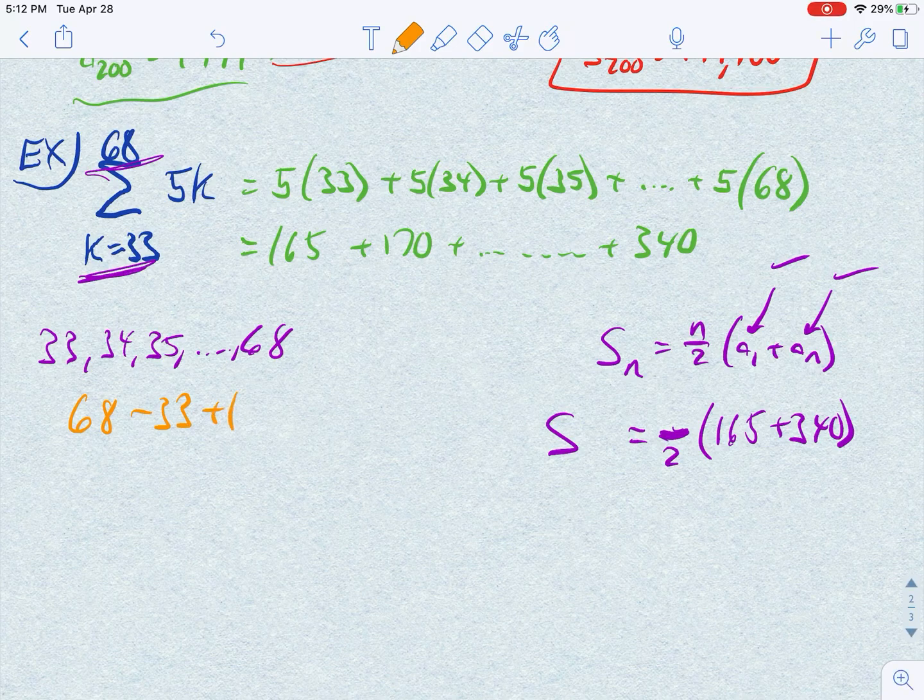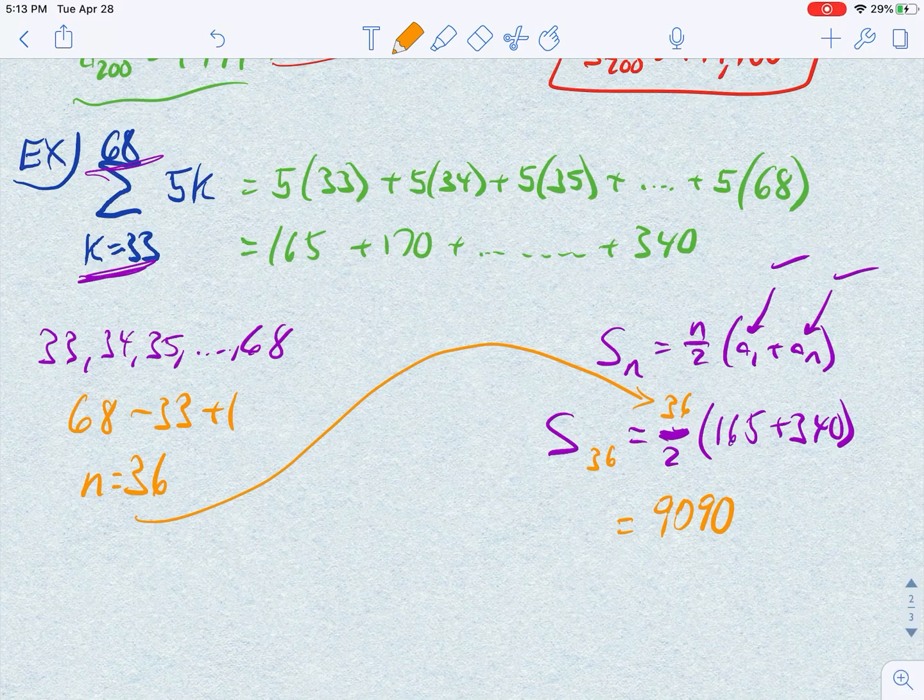Well, you started with a 33 being plugged in, then a 68. So really, I'm plugging in 33, then I'm plugging in 34, then I'm plugging in 35, all the way up to 68. So this is like an arithmetic sequence itself. How many numbers are there? It is the first minus the last plus 1. So the difference is D, and that is 36. So we take that, put it here. So this is 18 times